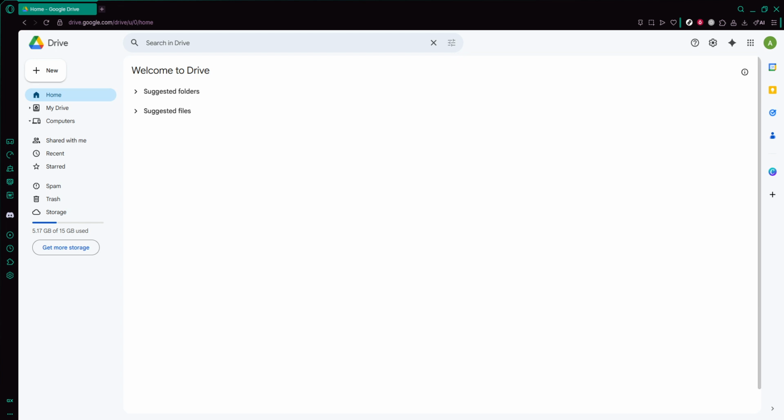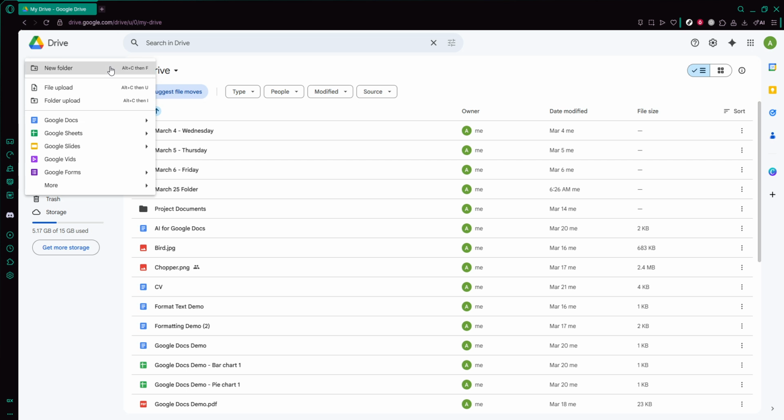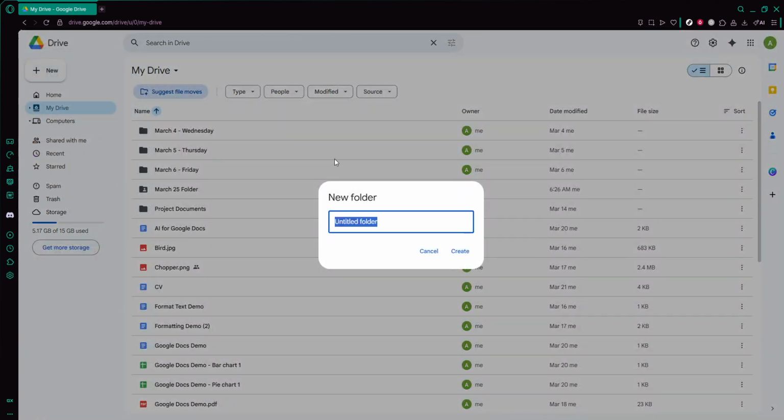Let's start by creating folders for your main categories. Open Google Drive in your browser and look at the left side of the screen. Click on New, then choose Folder. Think about the big areas of your life or work where you store documents. Common examples are school, work, and personal projects, but choose whatever makes sense for you. Create a separate folder for each of these categories. The goal here is to give every file a clear home, so you're not scrolling through one giant list of